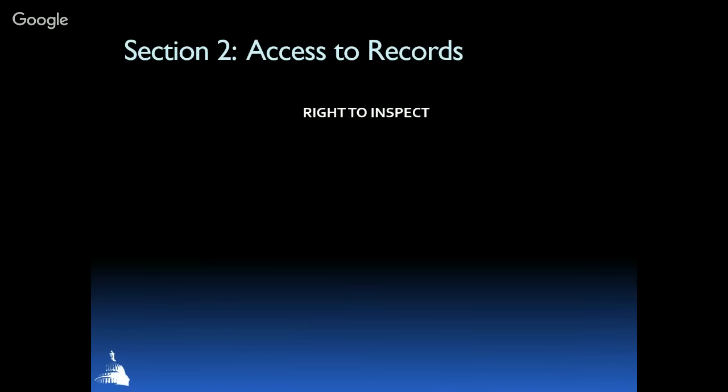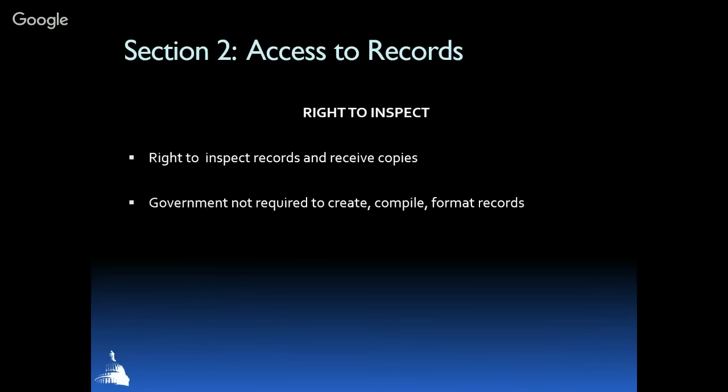So, the right to inspect. The access to records section defines who has the right to inspect a record. And basically, every person has the right to inspect records and receive copies during normal working hours. A government entity is not required to create a record unless it doesn't interfere with government duties and responsibilities and the requester agrees to a fee. And government may not use the physical form, electronic or otherwise, in which a record is stored to hinder the rights of a person to inspect and receive a copy of a record.